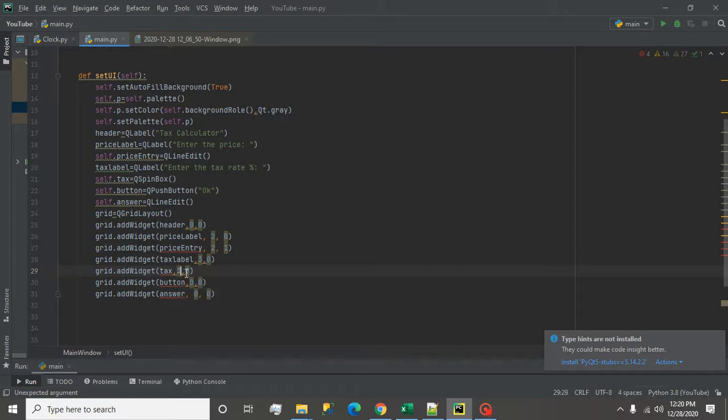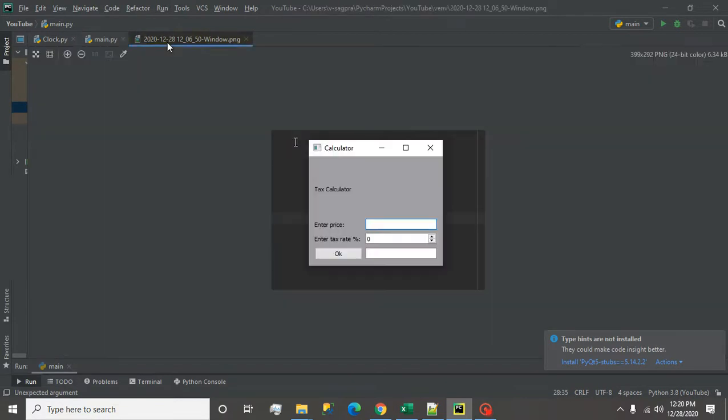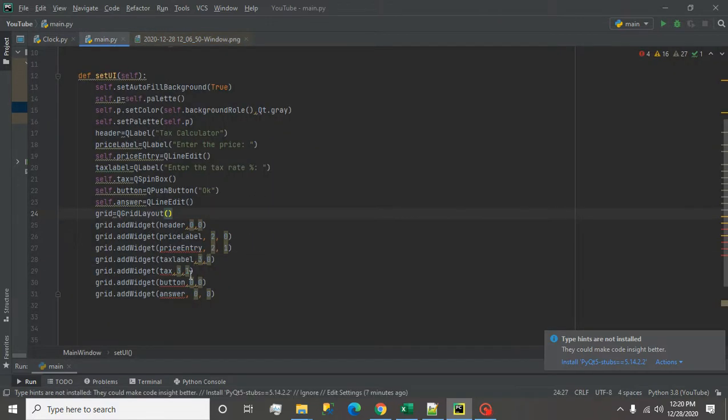Why am I doing this 0 and 1? Because if you see, in front of enter tax rate we have this input box. That's why I am changing the y position, but I'm not changing the x positions. For this I write 4, and here I write 4 comma 1, so I change it to 1. So far we have covered this much.